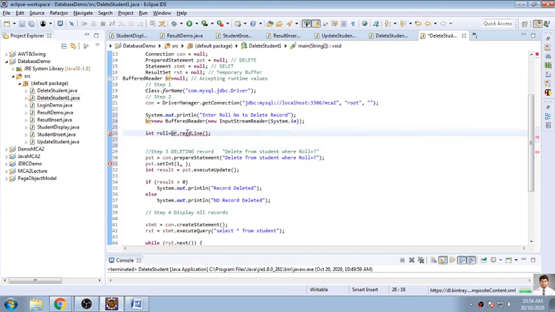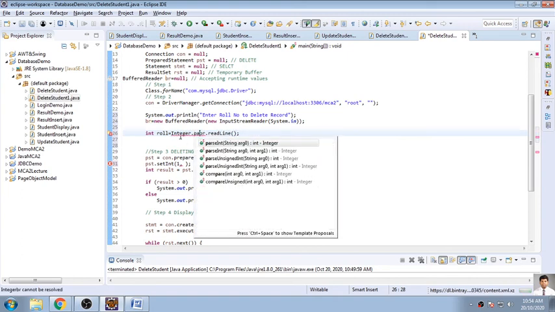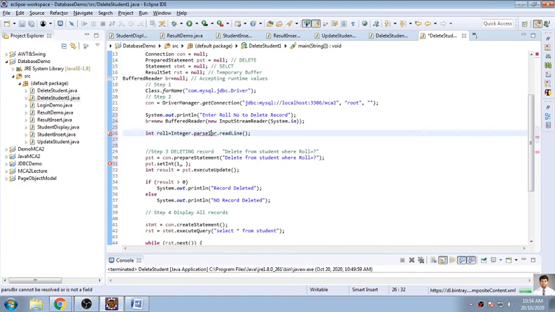and whenever it is there, because it is a string and we are typecasting into integer, I need to use Integer.parseInt, and I need to pass this into Integer.parseInt. On the console, whatever you write is treated as text, and as we know this is an integer, I have to pass this integer. So this roll value variable will be passed to your query at runtime, and that value will be stored into your query, executed, and then the record will be deleted.